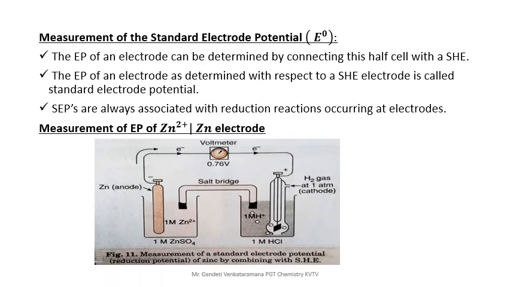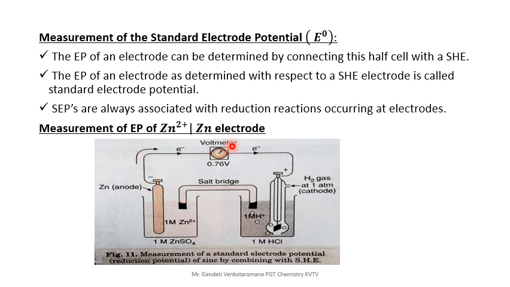Now check, dear students, all of you, no need to memorize, I am just giving the explanation. First, construct a cell for the measurement of the electrode potential of the zinc 2 plus, zinc electrode. Now we are going to measure the value of the zinc electrode. So take the zinc this side. This is the zinc electrode half cell. The other one is the standard hydrogen electrode. This is the salt bridge. We studied about the salt bridge. Clear? Your construction is as usual.